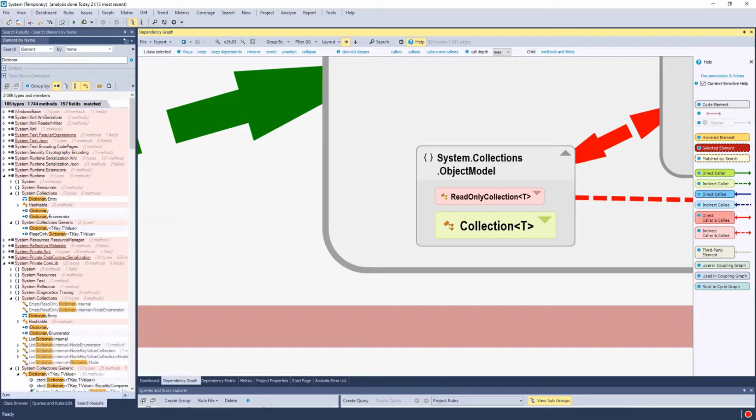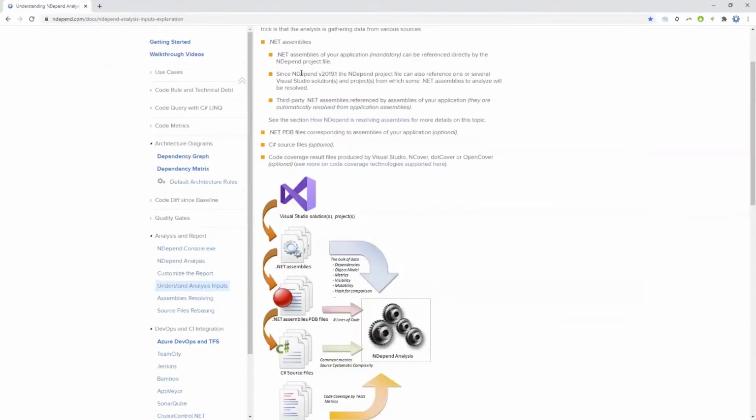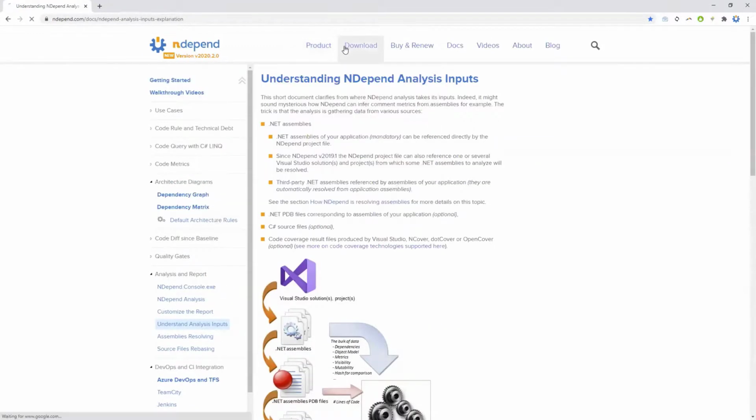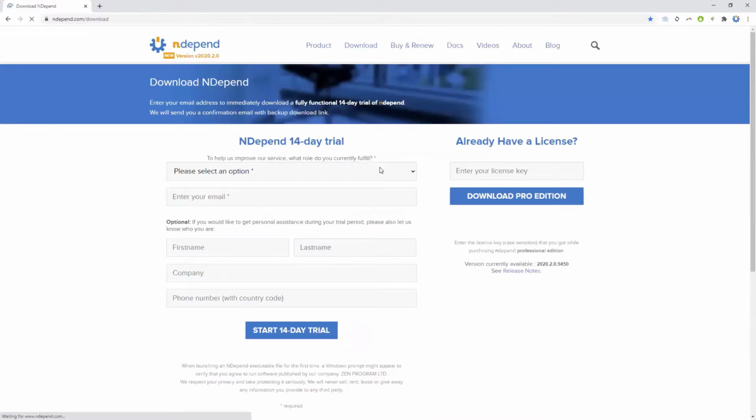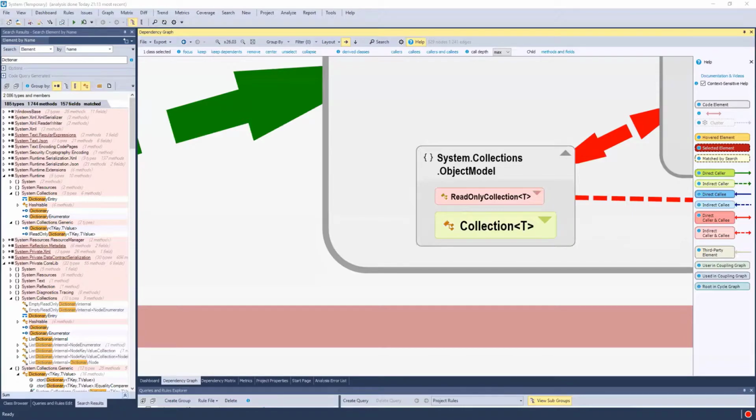So I encourage you to go to ndepend.com and try it on your own code base and see. You can download a 14-day trial and see how it impacts, but typically it won't have impact. And if you find some impact on the performance, which it should not, first we'd like to know, because we are very careful about that. The last thing a developer wants is that we slow down their IDE. So first we want to know about it.